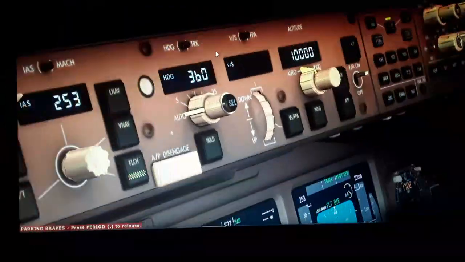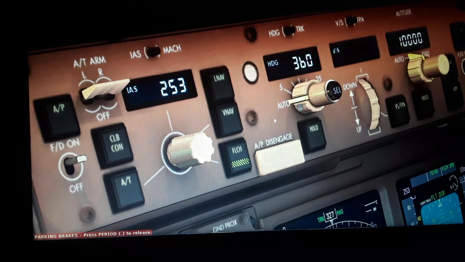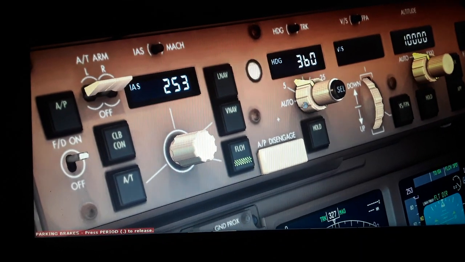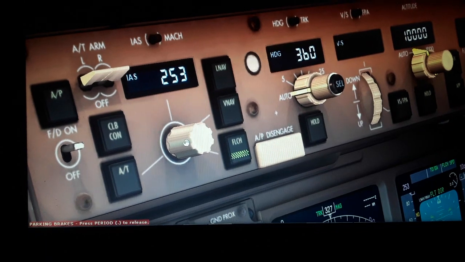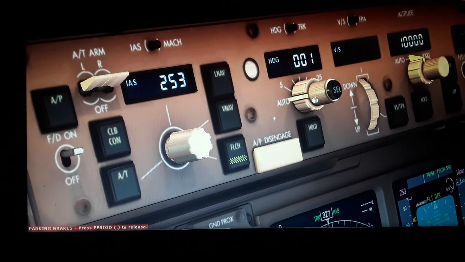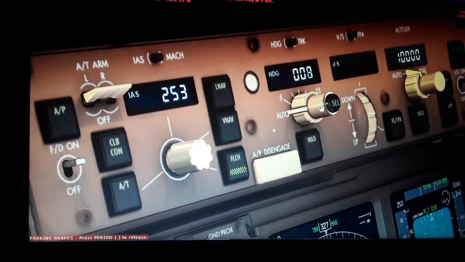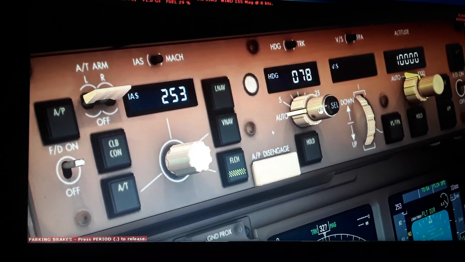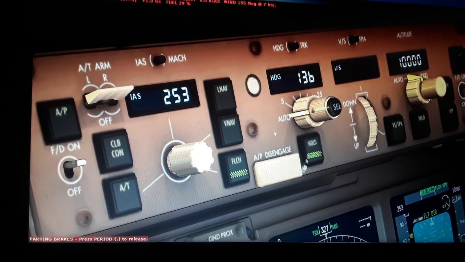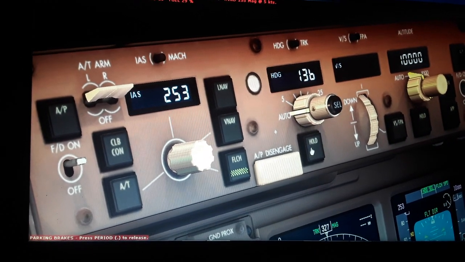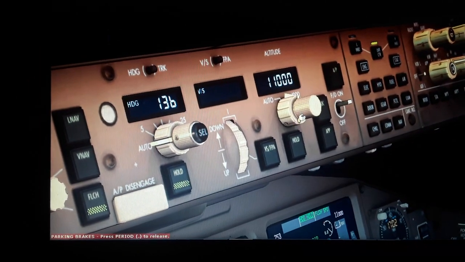We have also heading track. We have the bank angle of the aircraft as it flies, the limit. So we can set also heading and track. 136 degrees hold, arm or disarm. The altitude also of the aircraft, we're gonna use a target